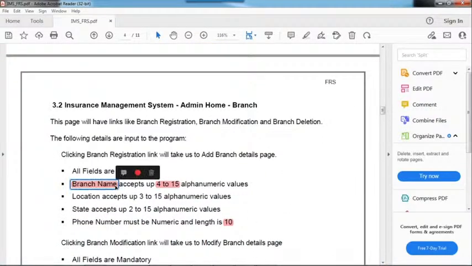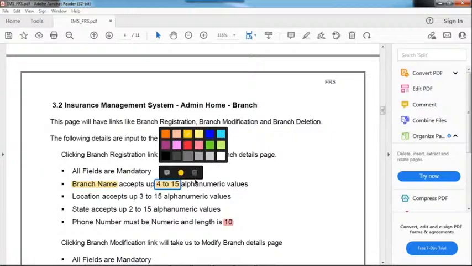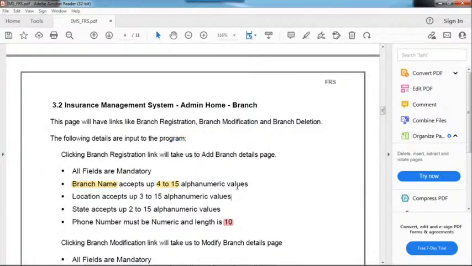Now the branch name is there, right? The branch name field accepts how many characters? 4 to 15 alphanumeric values only. So here you can use BVA. How will you use BVA? You can simply do 4 minus 1, that is 3. If you enter 3 characters, it should not allow. That is invalid data. Understand? If you enter 15 plus 1, 16 characters, it